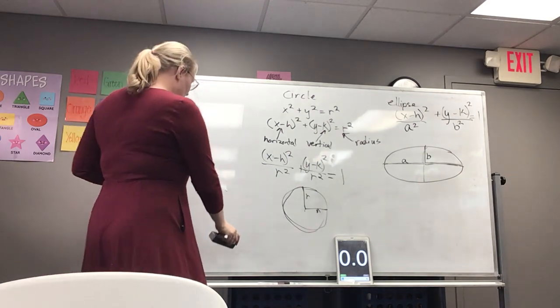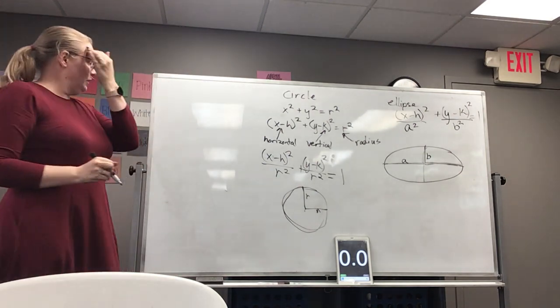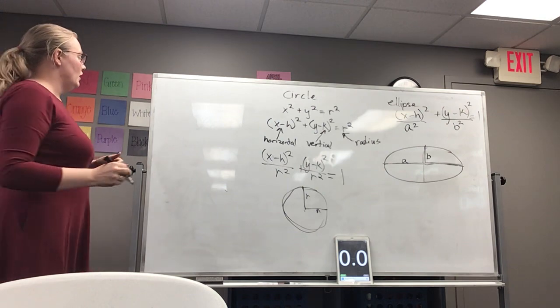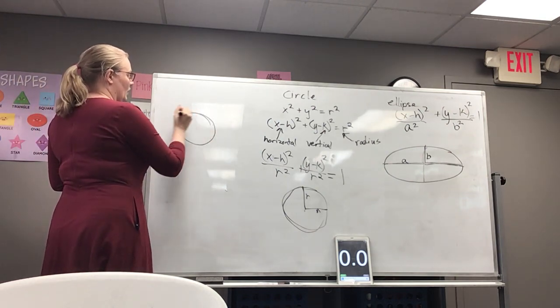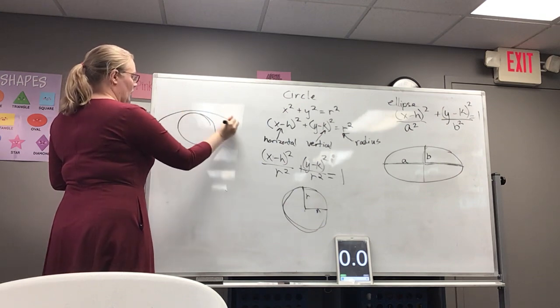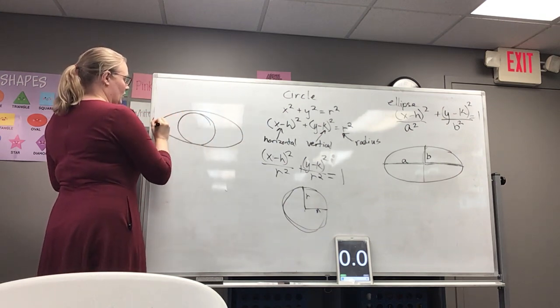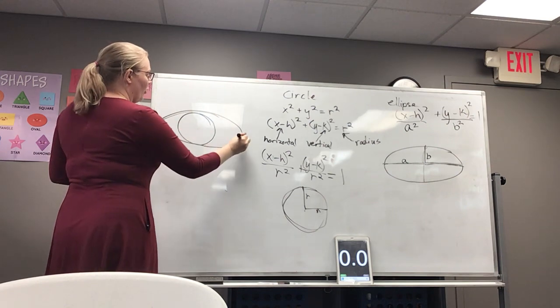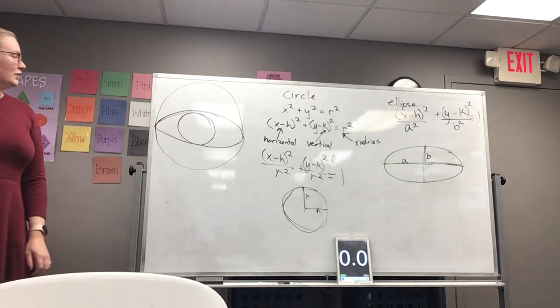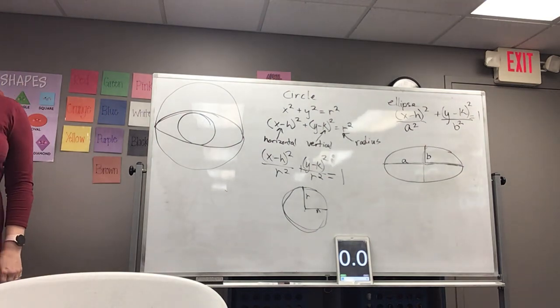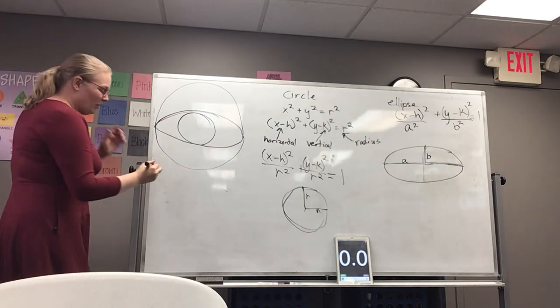One of the classic problems is something that looks like this. A bad drawing. Ellipses are harder to draw than you think. I'm looking like a scary eye. But for our small circle,